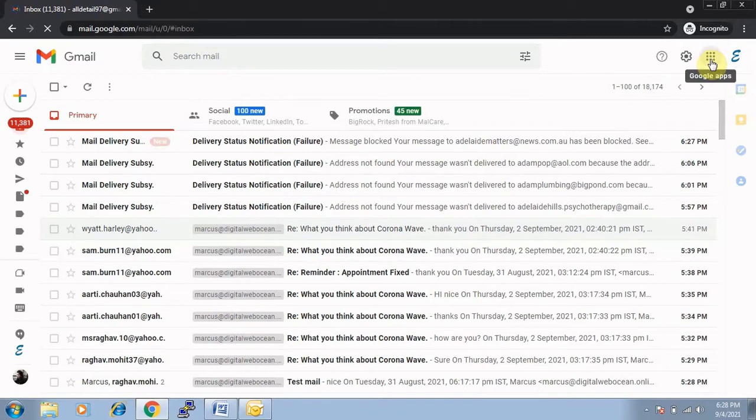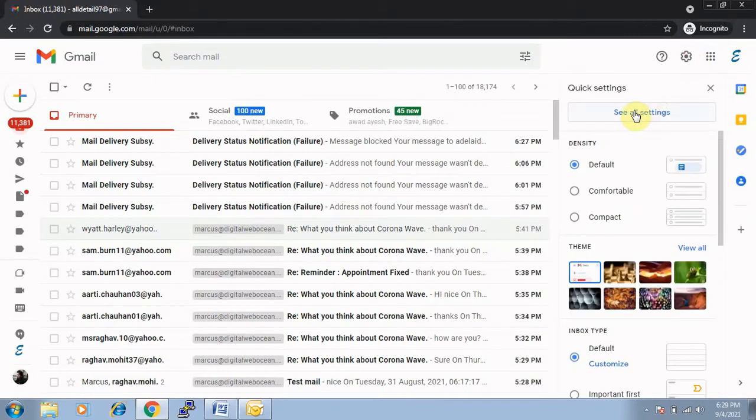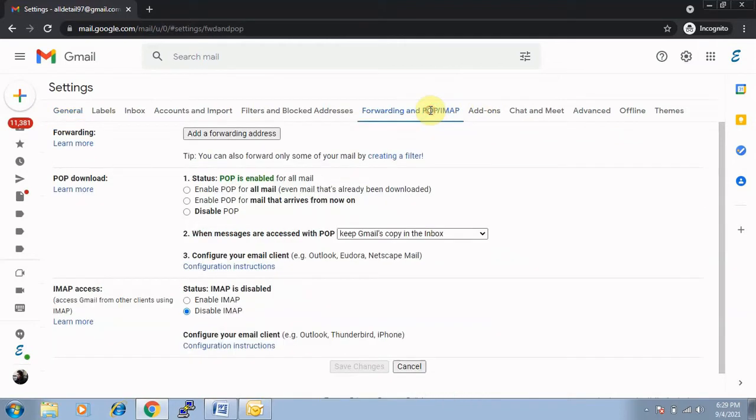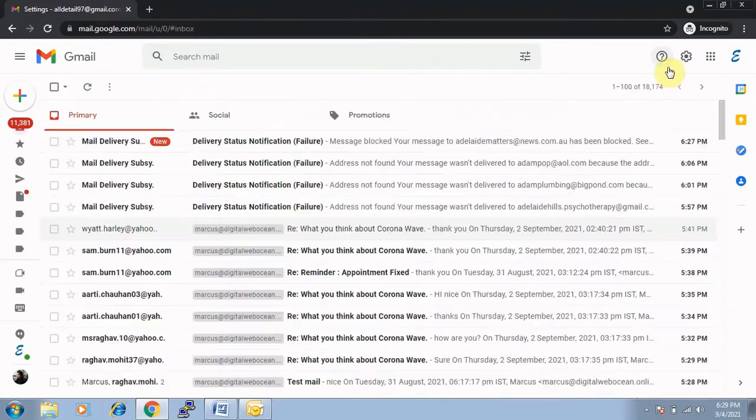So just click on settings, see all settings, go to forwarding and POP/IMAP, click on enable POP for all mail, and then save it. And then